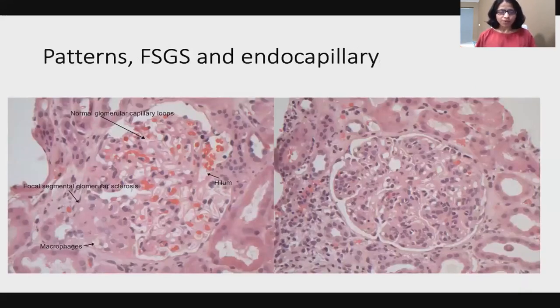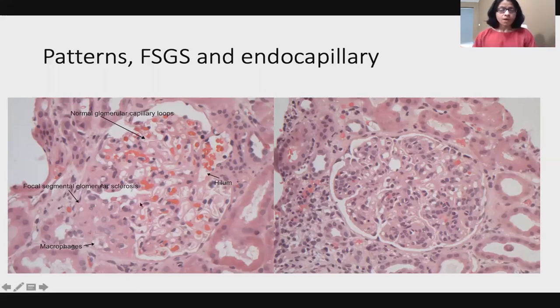So moving on, as I mentioned before, we classify glomerulonephritis into the following patterns. Let's look at just the patterns without going into more detail of what has caused them. First, let's understand the diagnostic criteria for each pattern. The first pattern on the left-hand side is the FSGS pattern, or focal segmental glomerulosclerosis. We already went through the terminology. It is focal, so it does not involve all the glomeruli, and it is segmental, so it does not involve the entire glomerulus.